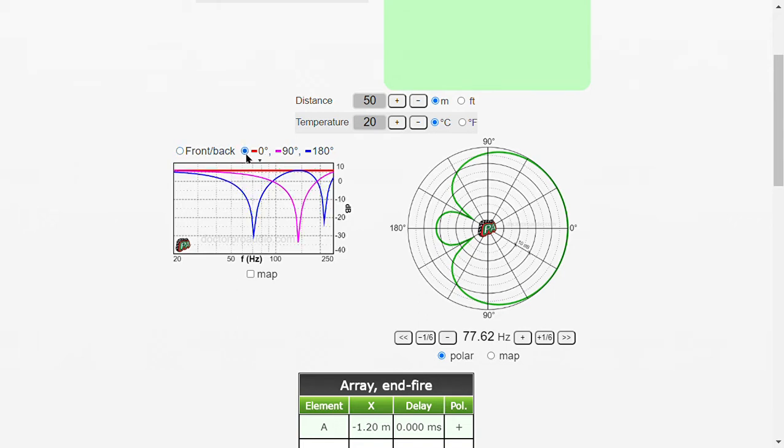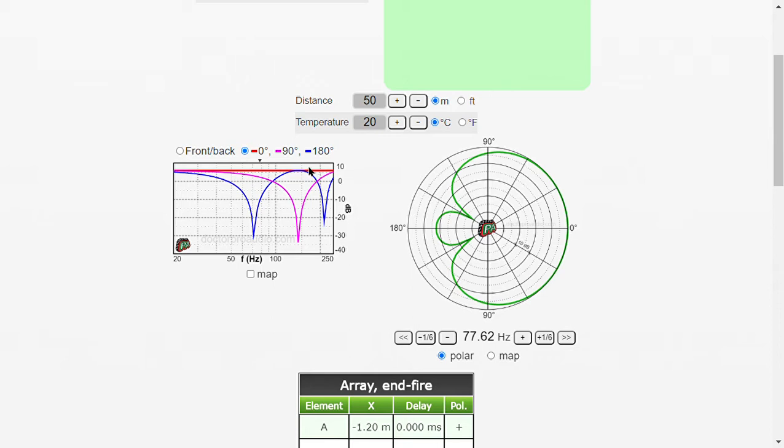If we click on this radio button, then we get to see 0, 90 degree and 180 degree frequency responses relative to the number of sources. So in this case we have two sources, so the maximum here will be 6 dB.